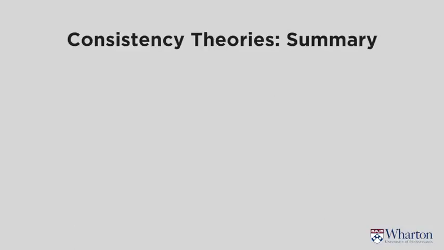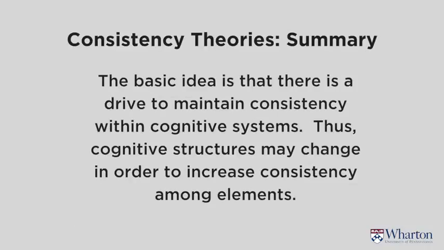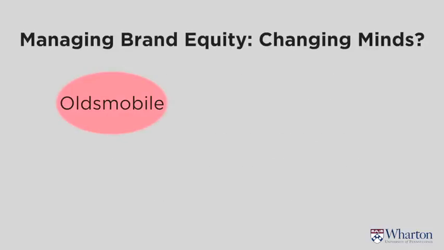So if you're putting out a message, when you're trying to reposition your brand, that isn't consistent, consumers will reject it and will look for a way to rationalize the message so it makes sense to them. It's a consistency theory. There is a drive to maintain consistency within your thinking systems. And if it's not consistent, you change whichever one is weakest so that it is consistent. So what's the famous example? It's with Oldsmobile. Oldsmobile was known as a car that was associated with Dad, with my father.